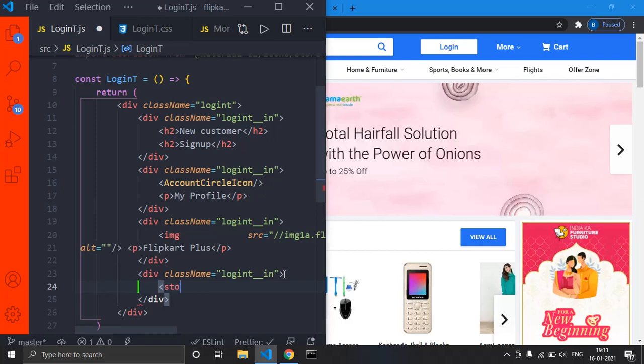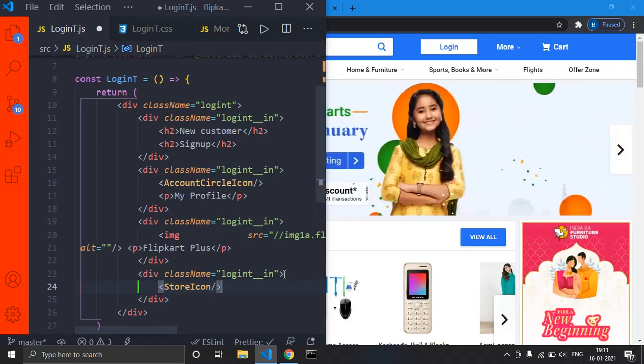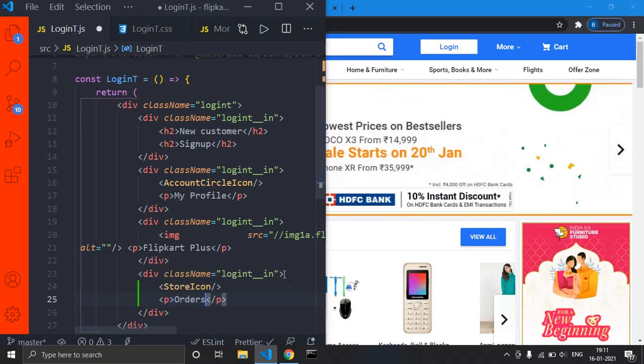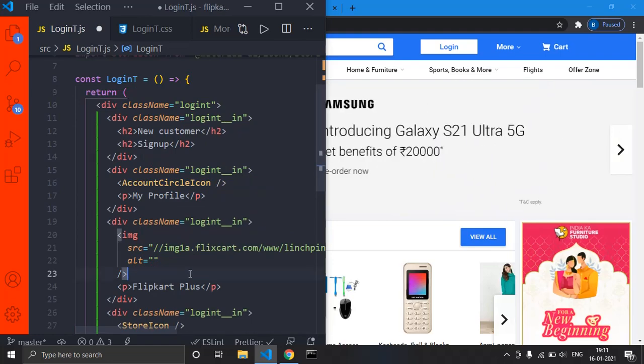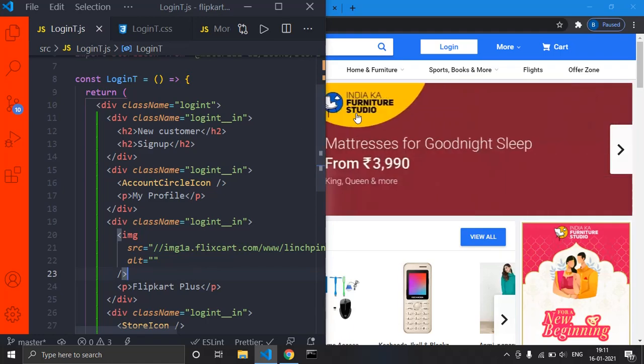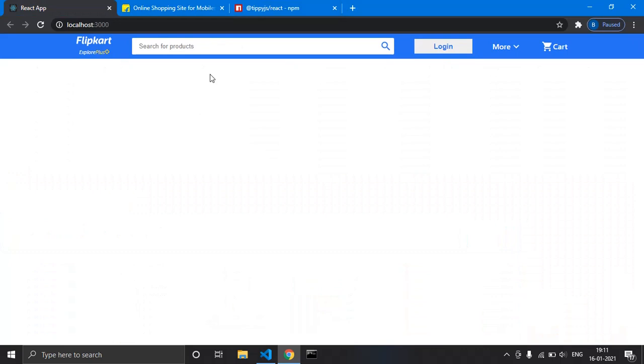Okay, store icon, this one, and we have a p tag as orders. Okay, now just press Ctrl S, save. Don't care about this, these are because of, I think, some of the extensions. Now just make sure that you have refreshed your browser.